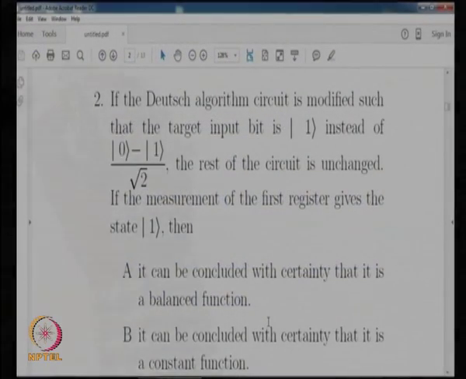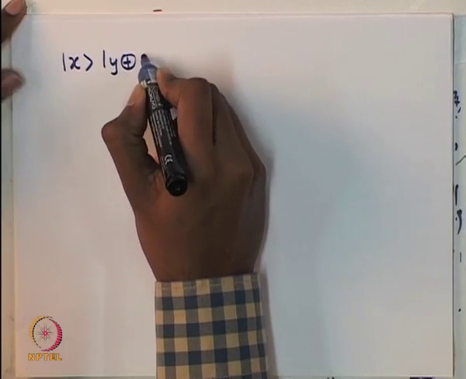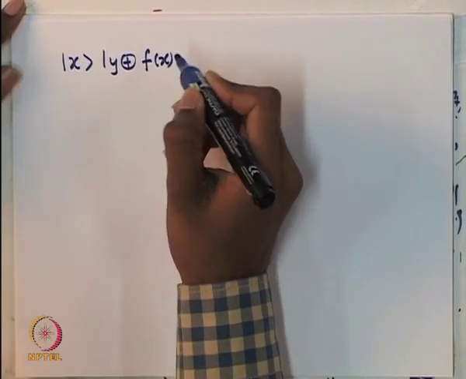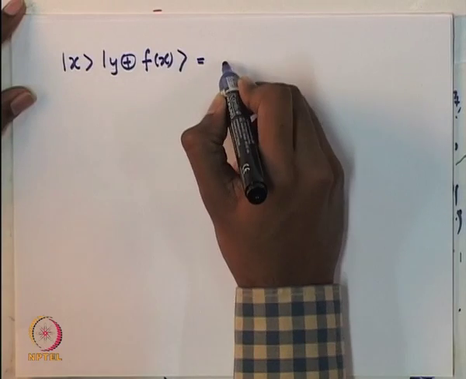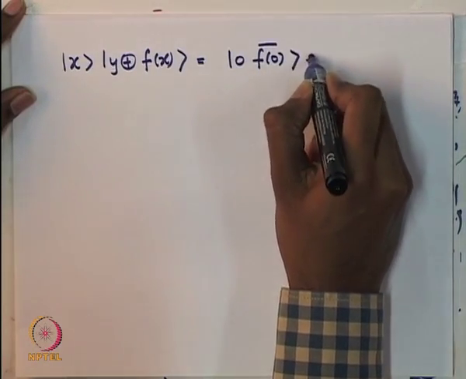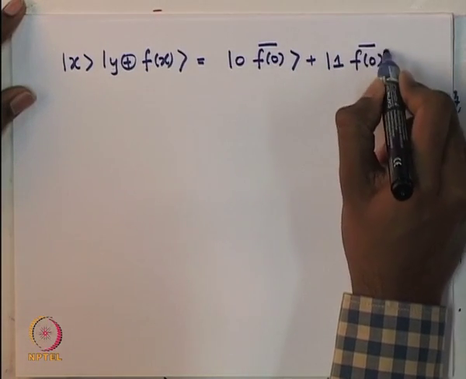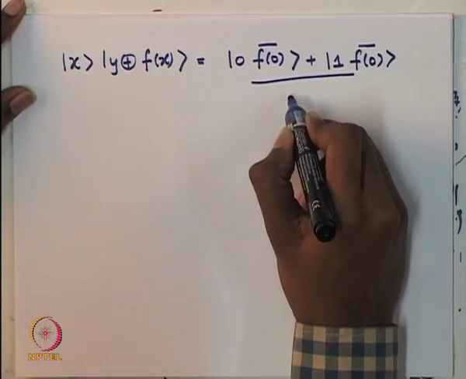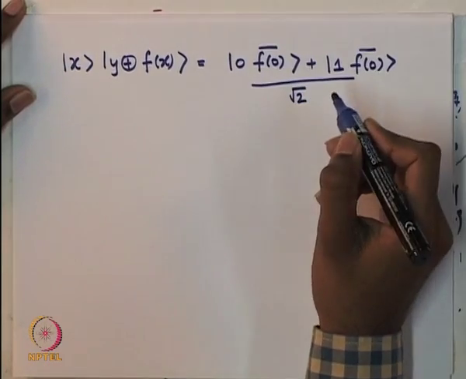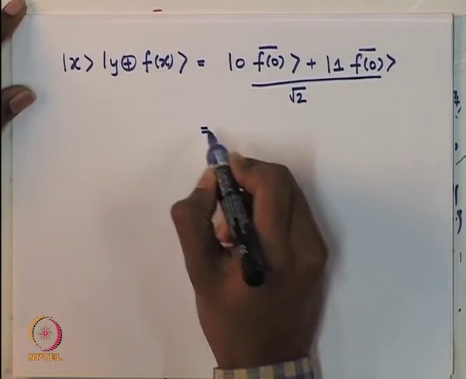Then the output would be, as f of 1 is equal to f of 0, we can replace the complement of f of 1 with the complement of f of 0, that is equal to